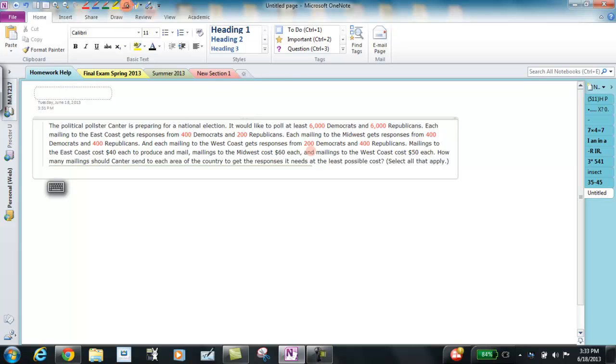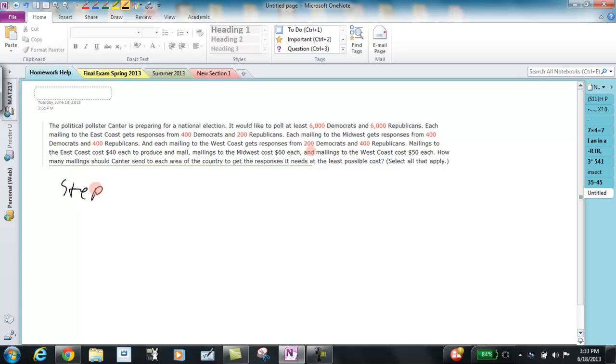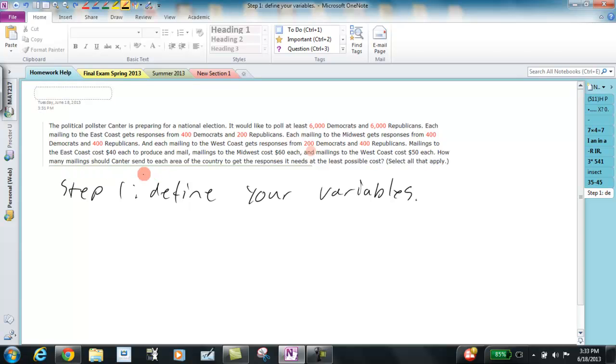Okay, so first things first. I always look to define my variables. Step one is always define your variables. The way I usually figure this out is I ask myself, what is the problem looking for? What is it asking for? Okay, so when I look here, they say how many mailings should the center send to each area